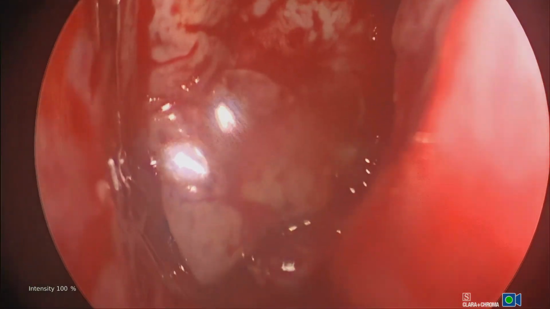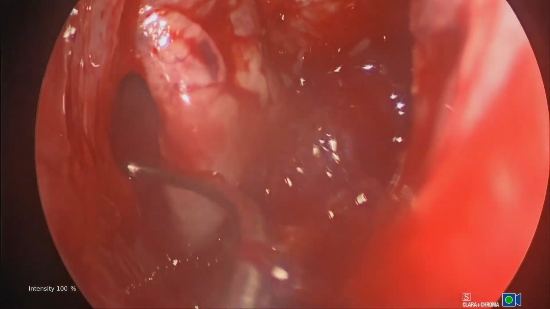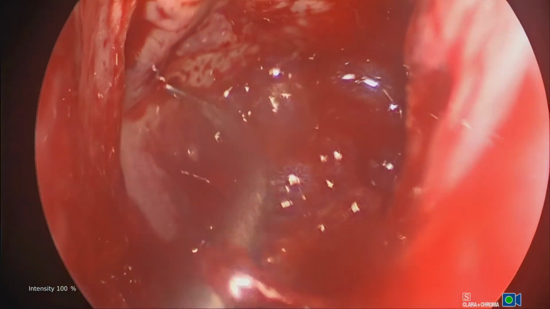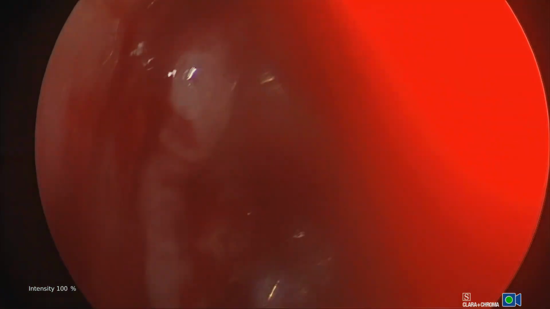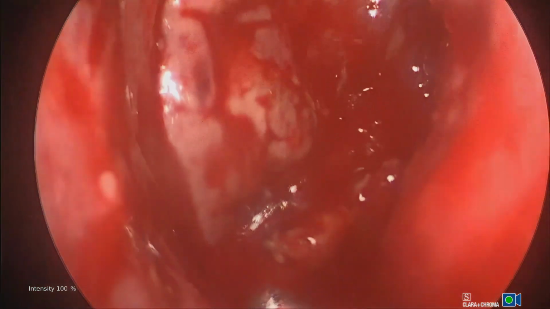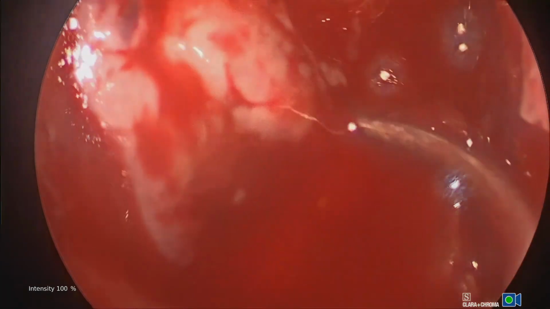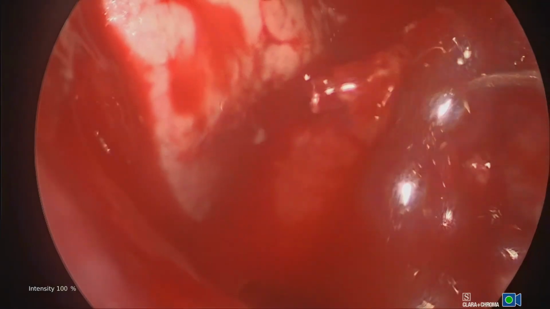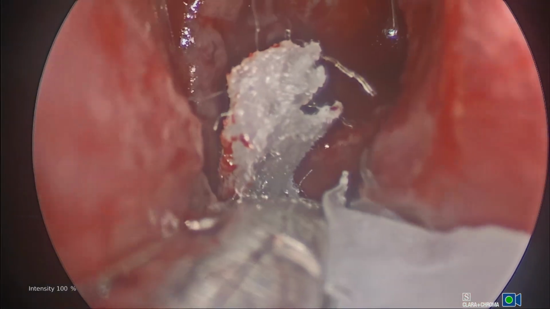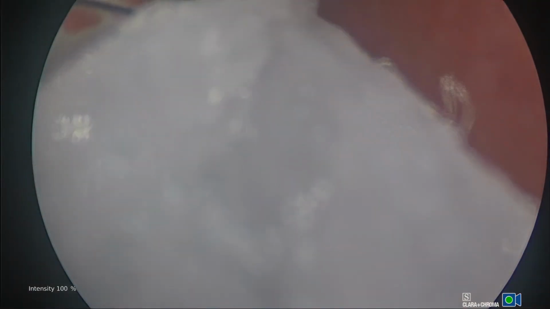This is a middle turbinate flap being put back into position. I place fat into the sphenoid sinus regardless of whether there is a CSF leak or not, because it helps to reform a more natural closure and anatomy of the posterior nasal cavity. The second flap that I placed was the nasoseptal flap. So I use a dual flap system, and then I place firm packing of antibiotic-soaked cotton gauzes and nasal trumpets, silicone, in the nasal